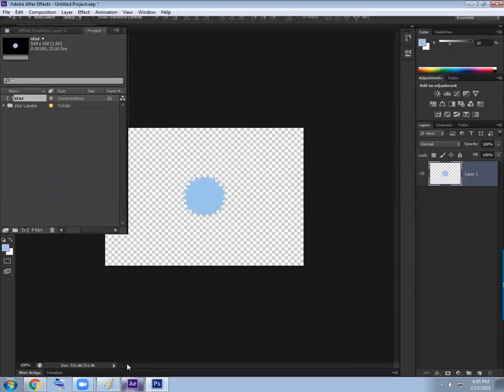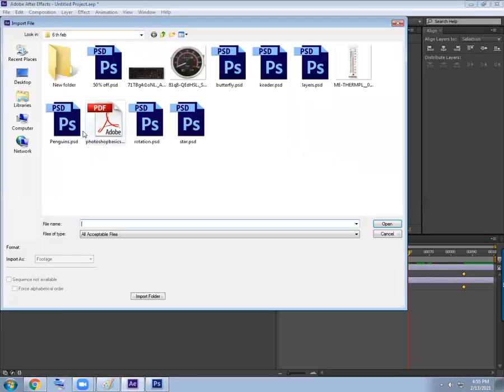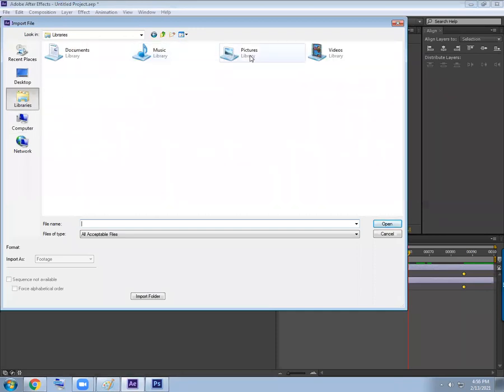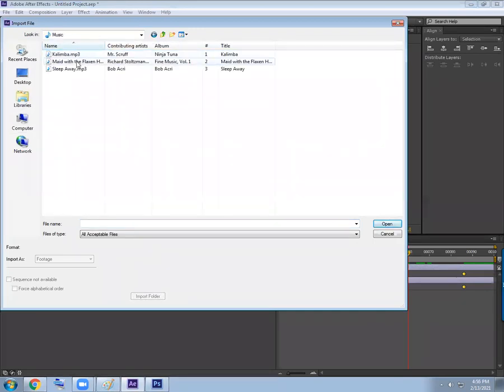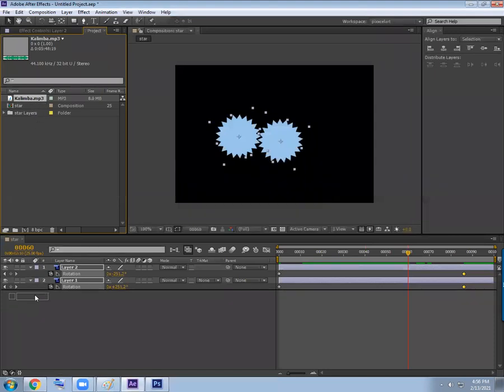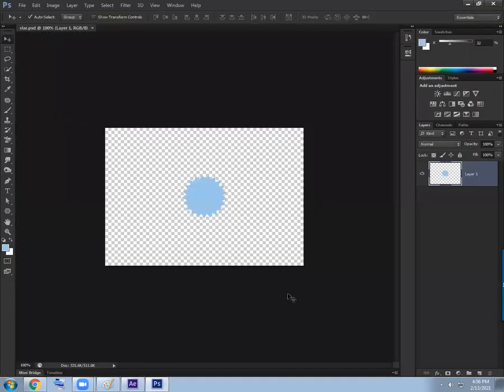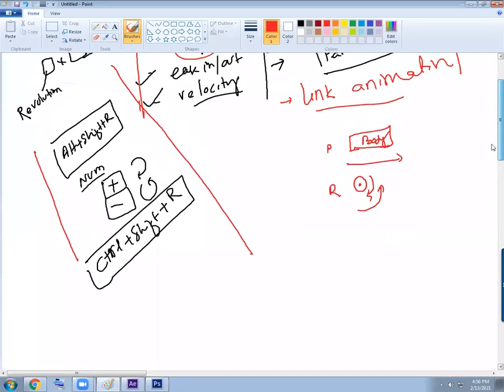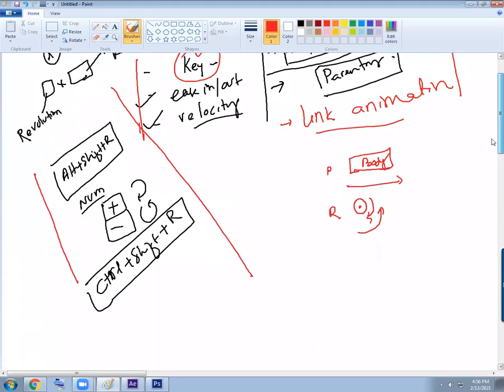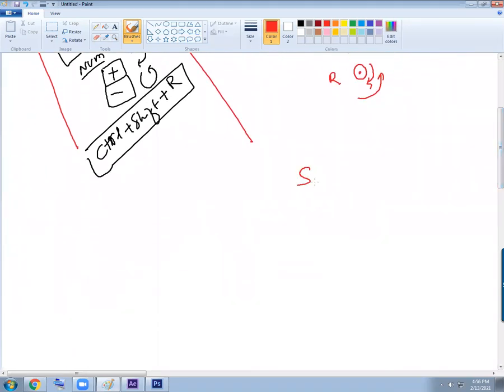Open properties, double click, input the file, yes, and drag it up. Switch to the properties audio and grab it up. Is it okay? Now this is the seeding property and get it done. So one, two, three extra hotkeys I'll tell you, then we'll make it crop. Anyhow, we have learned position property, rotation property, scaling, anchor point and opacity.